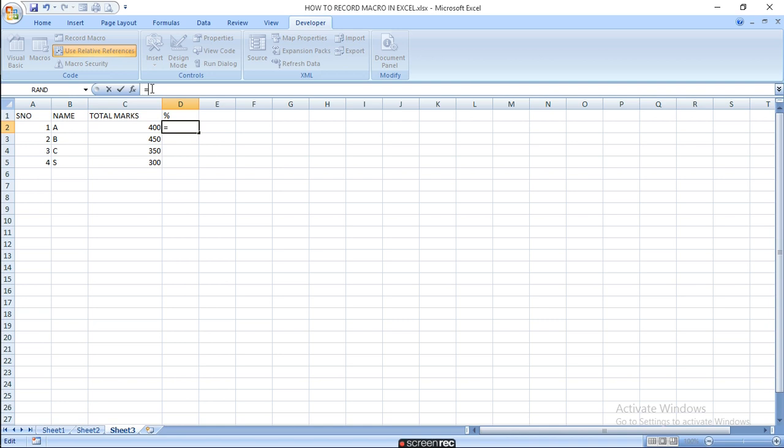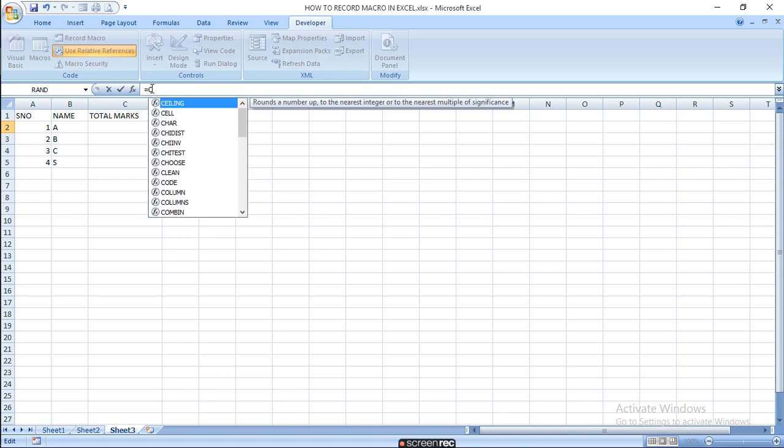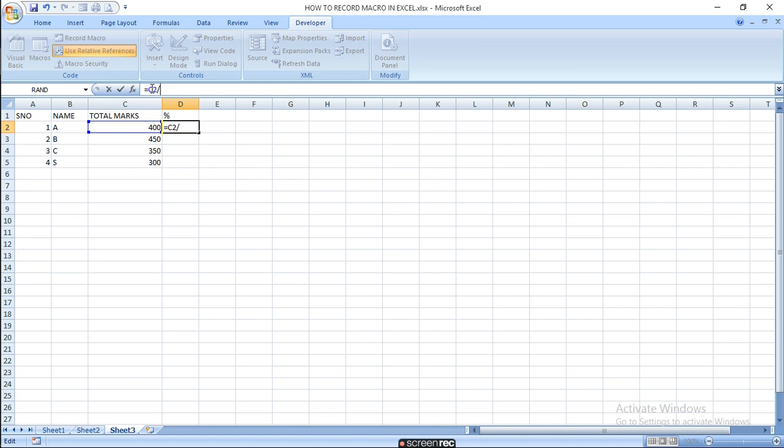So here write the formula C2 divided by 500 into 100. So you will get the 80%, and if you copy it, then you will get all this.